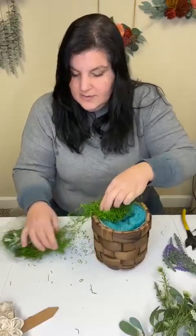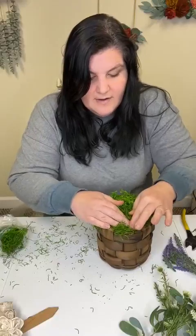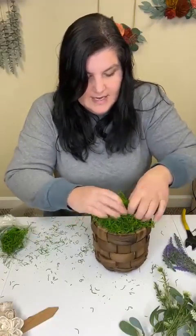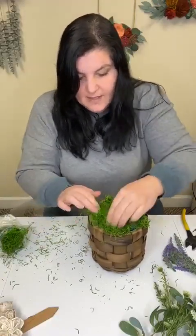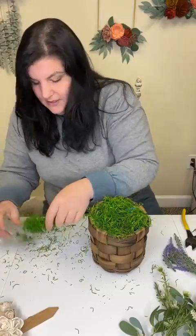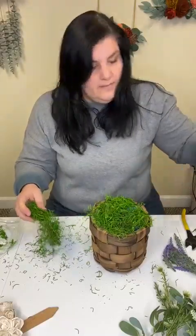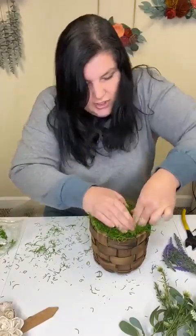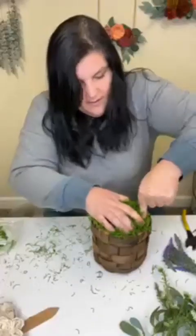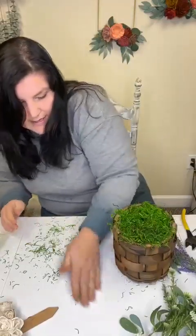Now, moss is super messy, but for something like this where I don't necessarily want to cover every inch with flowers, it's kind of necessary because I want the flowers to just kind of peek out. I'll just use all of it. And I just put some glue down on my foam, and I'm going to just shove my moss down in there, in the edges. I don't care if it sprays out a little bit. Again, we're just going to make it look like he's kind of in the garden looking for some